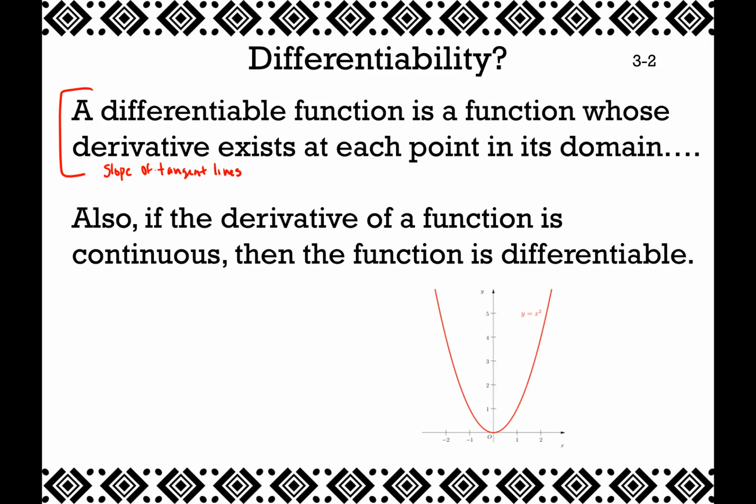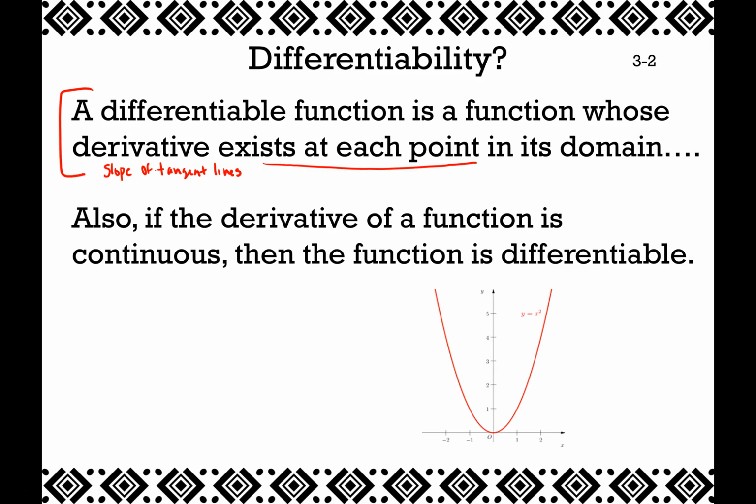So looking at this picture here, is this function differentiable here? Well, sure, we can draw a slope here, a tangent line here. That slope exists. How about here? Yeah, we can draw a tangent line here. How about here? Sure, here's a tangent line. So this point right here is differentiable. At x equals 0, it's differentiable. But actually, there's no problem with any of this graph. So for each point, if there can be a derivative or a tangent line drawn, then we can say the